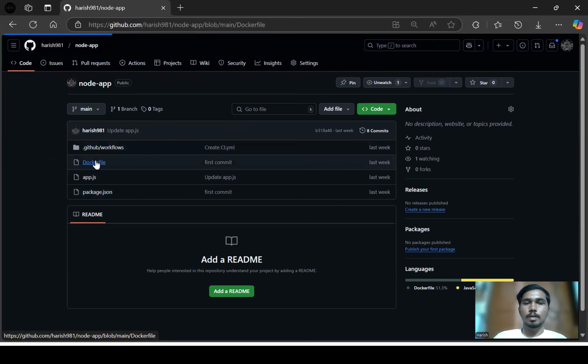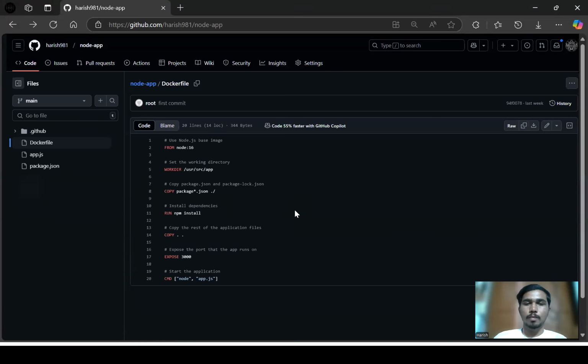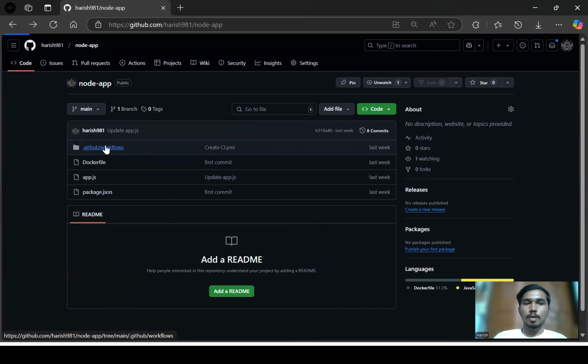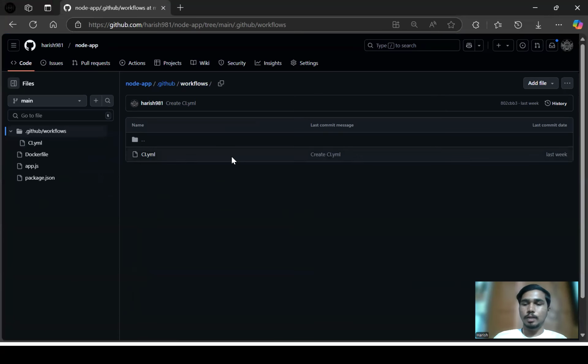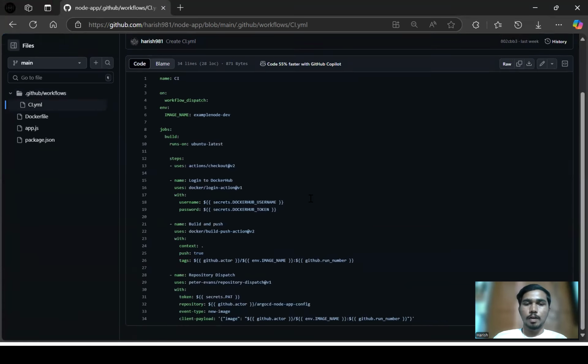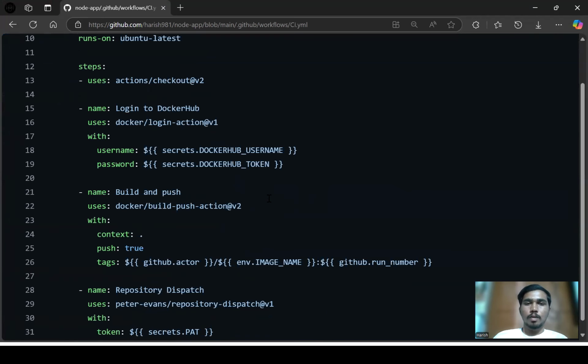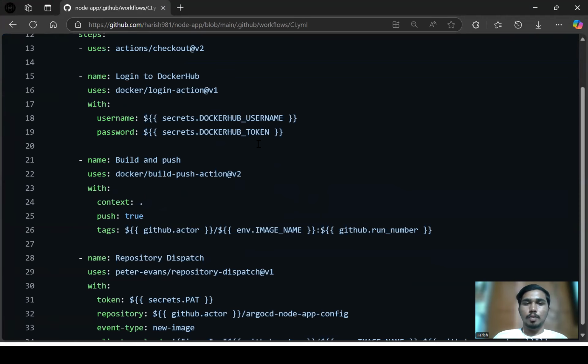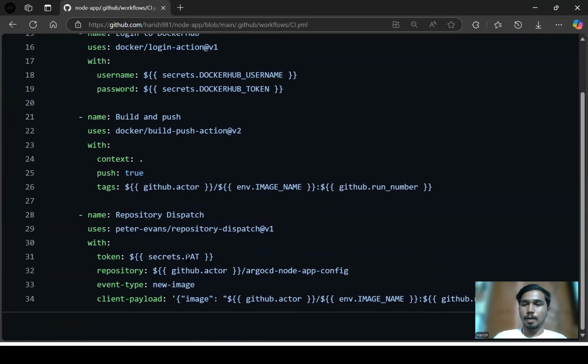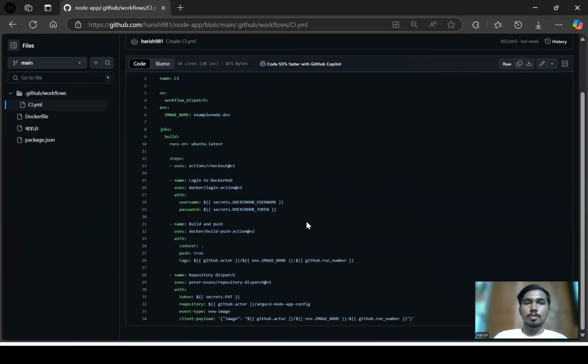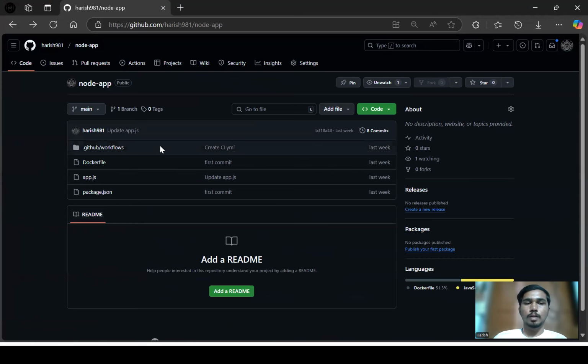Here you can see, this is the Dockerfile. So here I'm using the .github workflows. So this is the workflow one, where I'm using the ci.yml. Here you can see, you have to give your DockerHub username, token, and also the path which is of GitHub. So here I'll be using this repository, and also